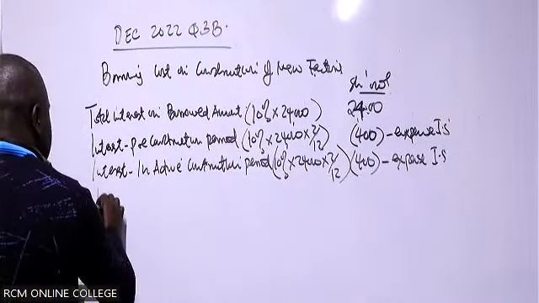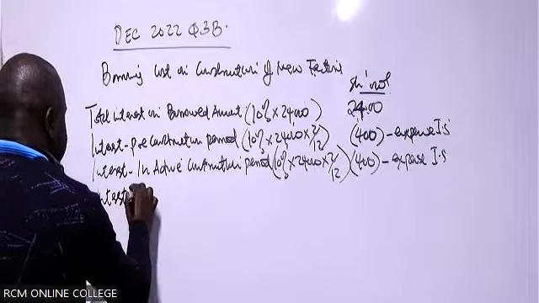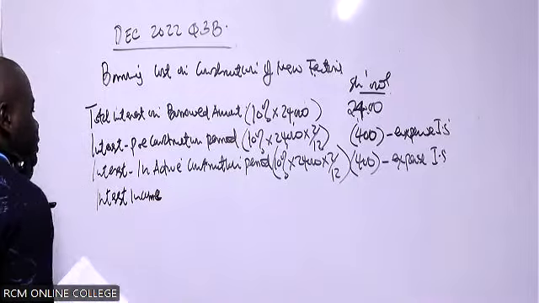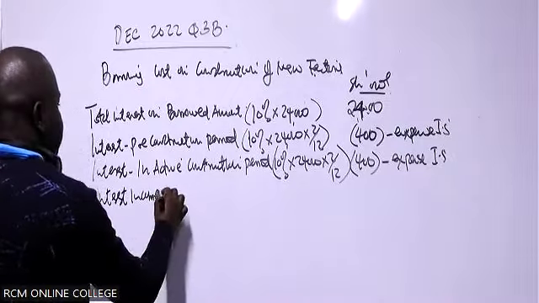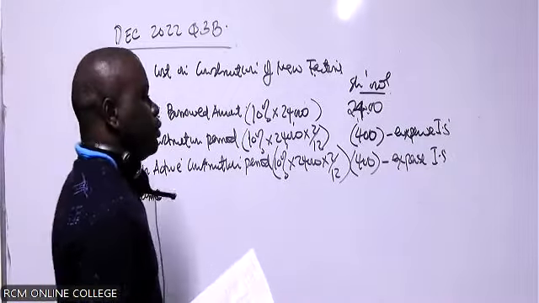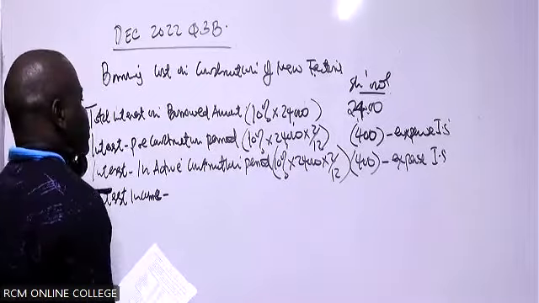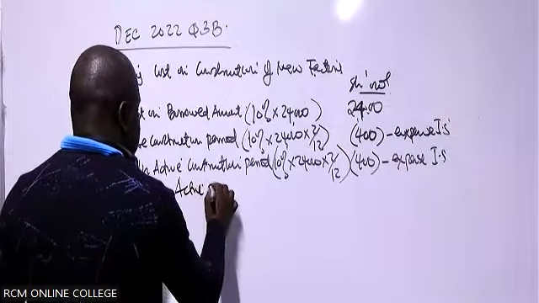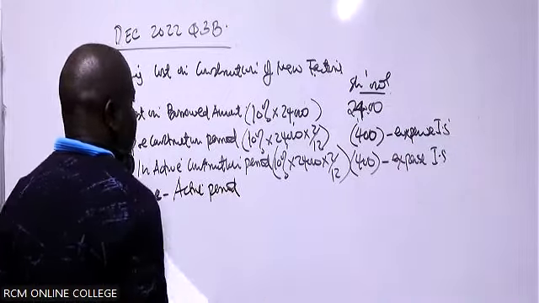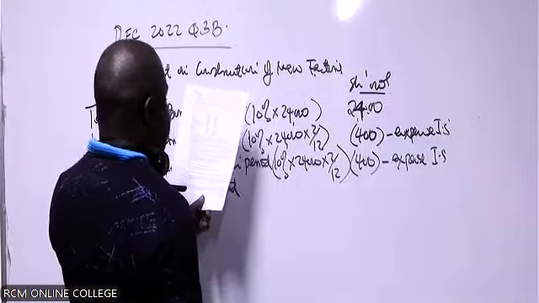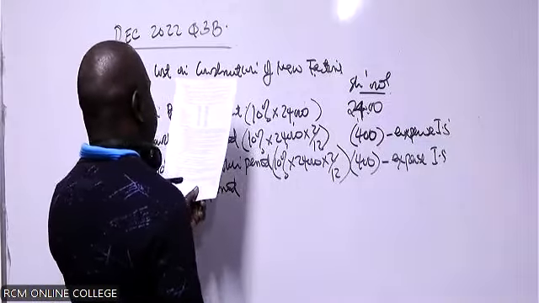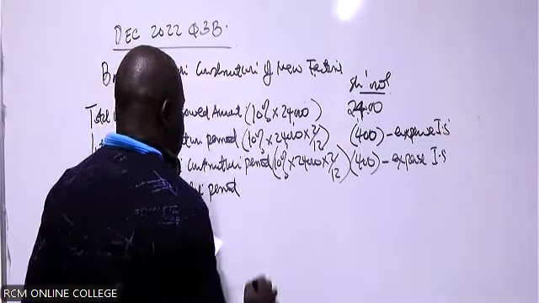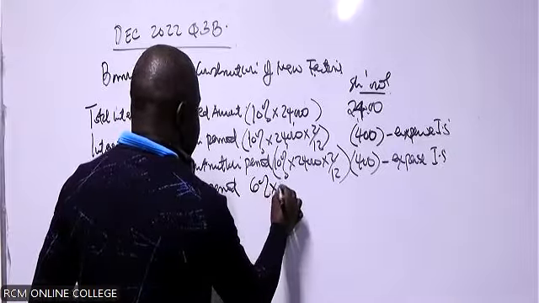The interest income. Remember, these ones are expense. You must read the notes we wrote yesterday. The interest income, you will only consider the interest income during the active period. And therefore, you'll say interest income active period. The interest income is actually 6%. So how much was actually invested out of this amount borrowed? It was 10 million. So Sayari Limited invested 10 million. So you'll say 6% times the 10 million